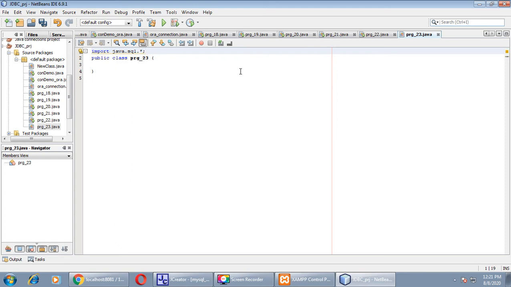Now create the main class, main function inside the public class PRG23. Public static void main, and create one object of String class, String args.